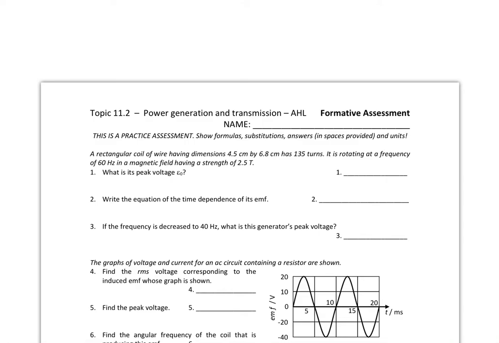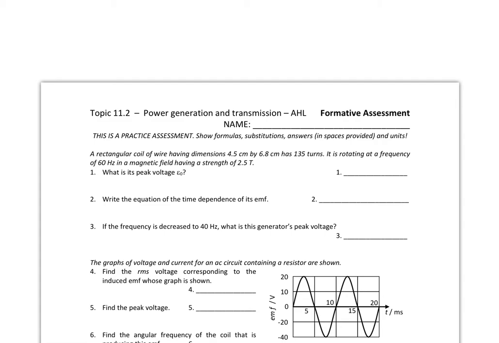Alright, so this is the solution video for the Mr. G worksheet for 11.2 power generation and transmission. Okay, so first question, what is the peak voltage of a rectangular coil of wire having dimensions blah blah blah